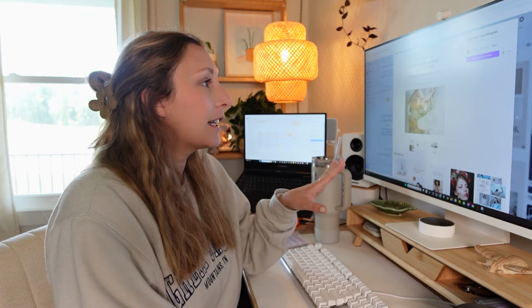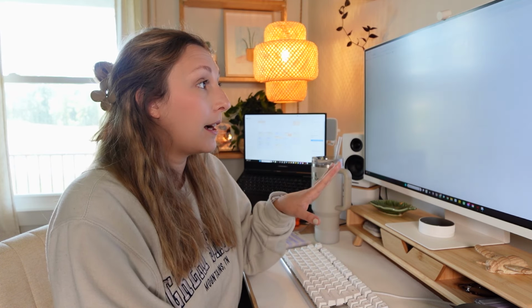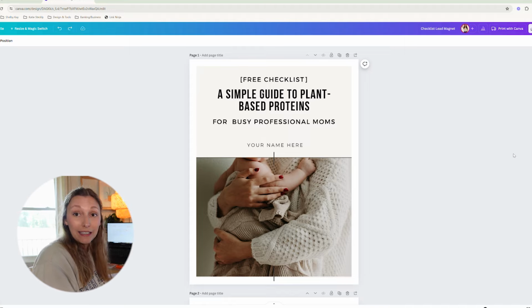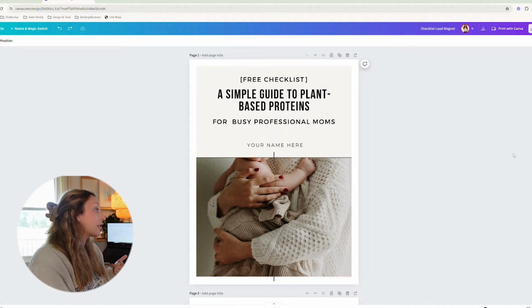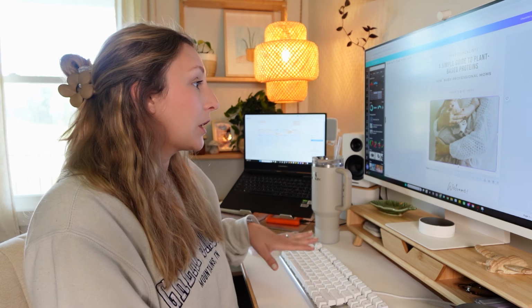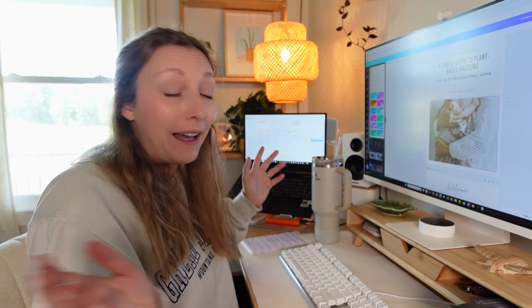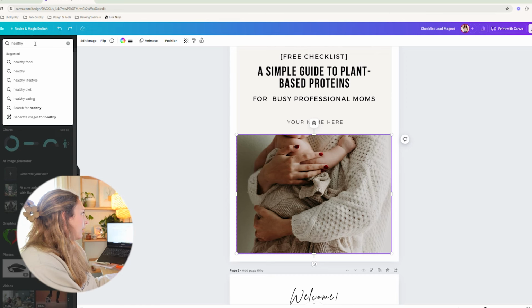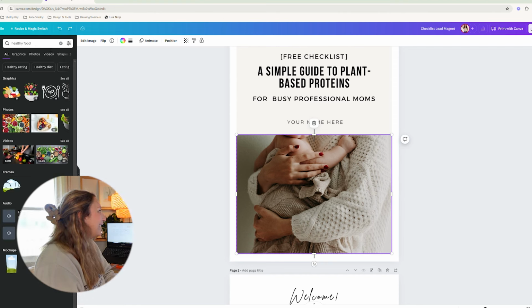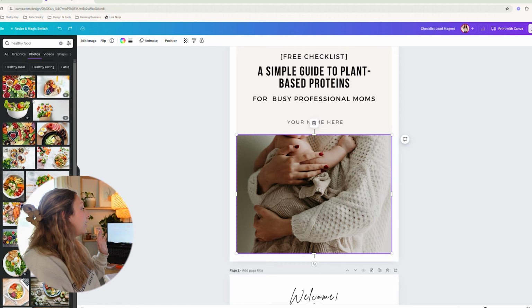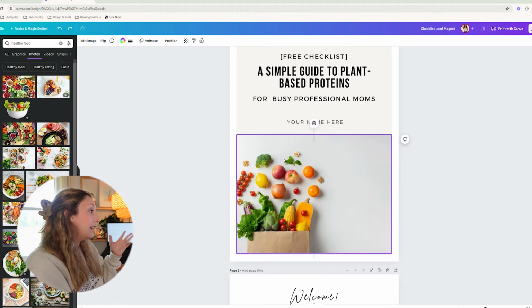But once you find the template you want, you're going to hit customize this template. Now you can actually go through the template and make the needed changes to the fonts, to the colors. You can obviously change any images. For example, if you want to change this image, maybe your content is about healthy food. I don't know. You can put healthy food in the element section here. Go to photos and look at all these beautiful vibrant photos of healthy food. Pick one that you feel like fits your brand the best, drag it in, and you're already on your way